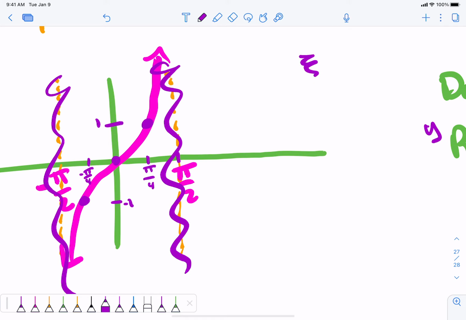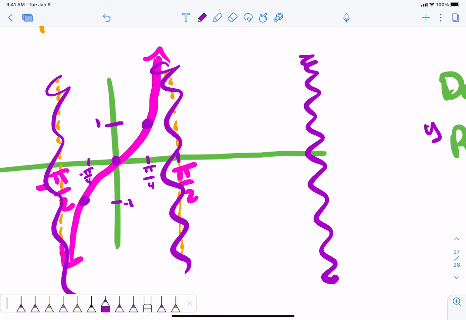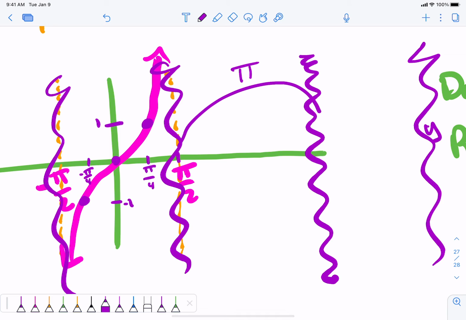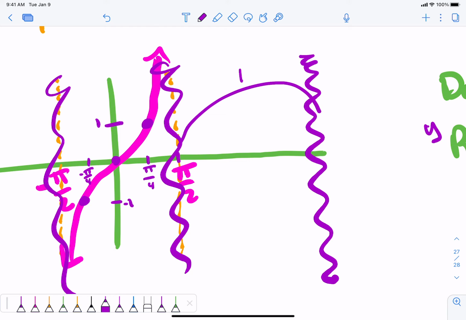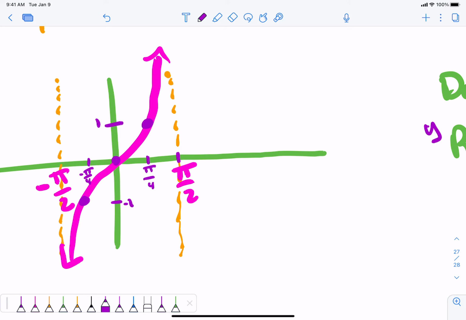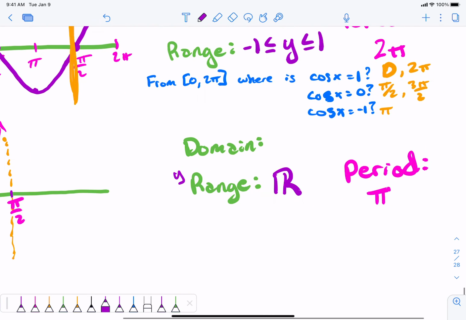Pi. Okay, there we're going to have another vertical asymptote over here. Again, how far later? Another pi later, and another pi later, and another pi later, we're going to have another vertical asymptote. So it is touching all of the x's except those places. So the domain is that x is not going to be equal to